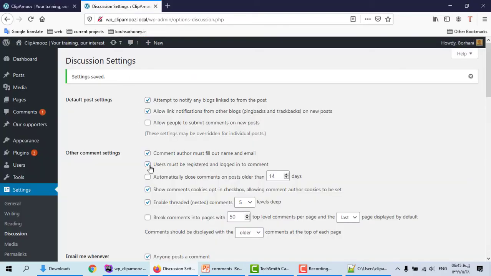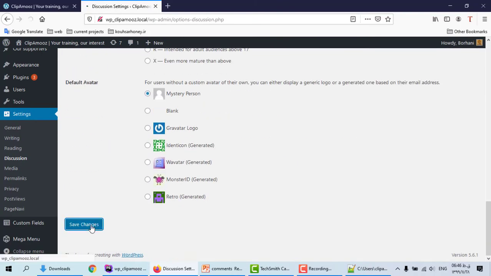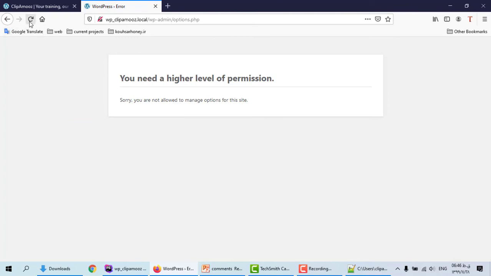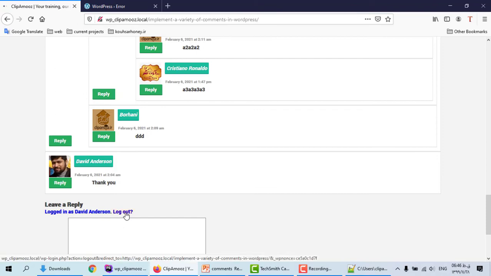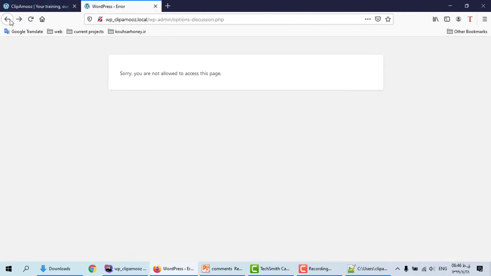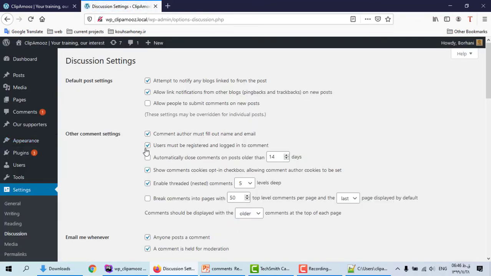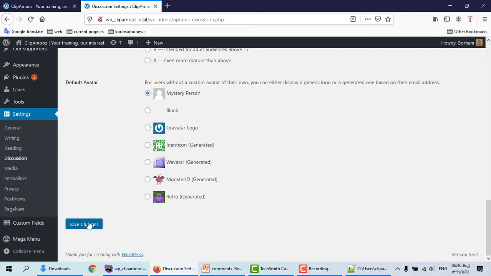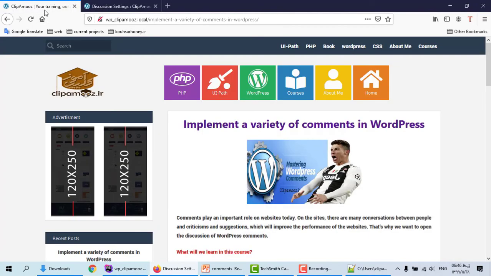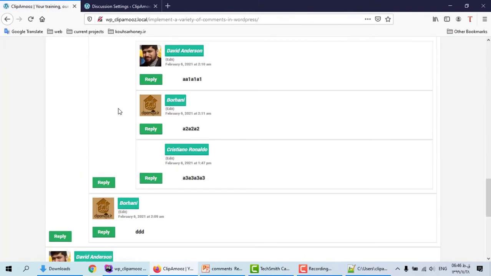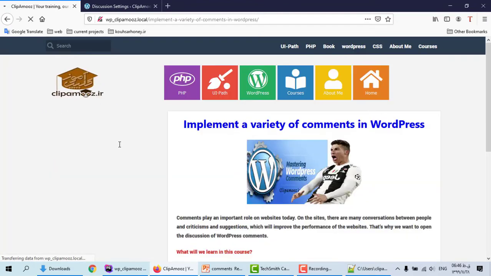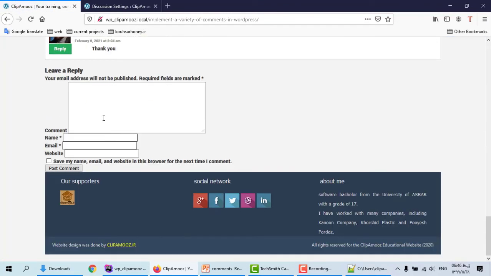Now discussion changed, unchecked, save changes, permission no, cancel, log out, refresh, admin, management, and user must uncheck it and save changes. Okay, refresh and log out. Continue, design,